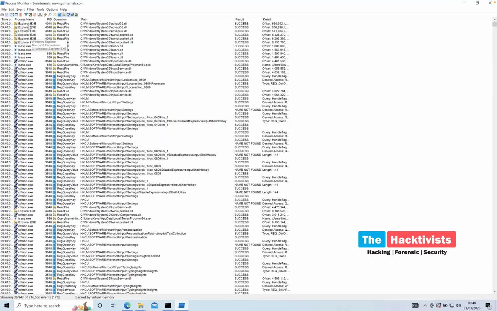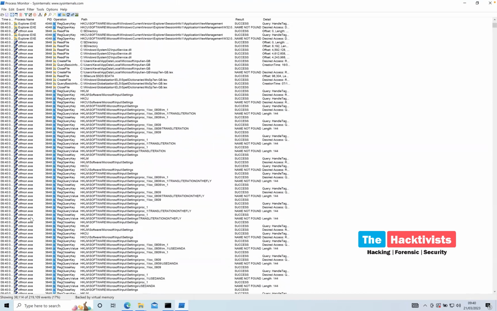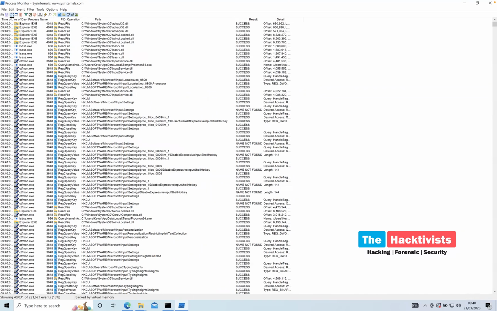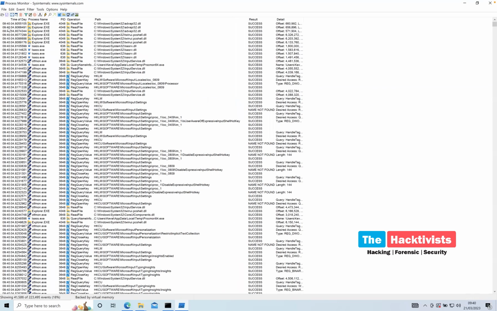It is here you can see Explorer has read one of the files, a few of the files. There is one process called ls.exe. It has done something. CTFmon has done something, right? So likewise, what actually we'll be getting? We'll be getting the process name, the time of when that particular thing was available. So here you can see 9:44 seconds and something, the exact time, the application, the process ID, what function it